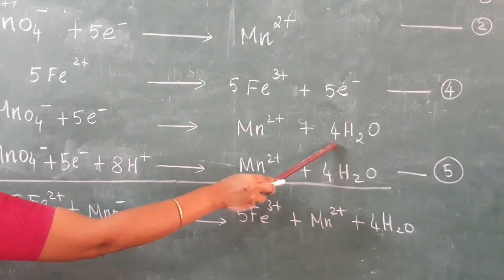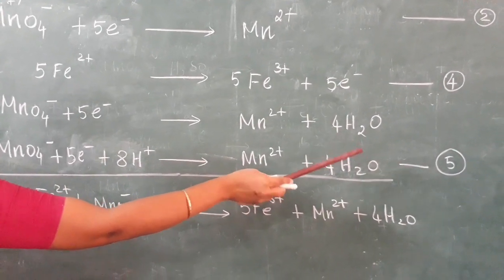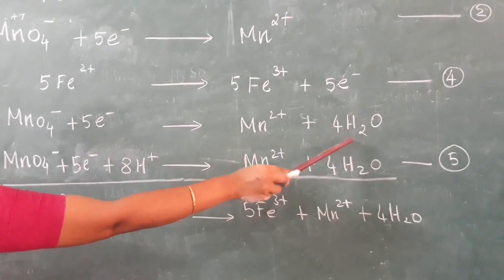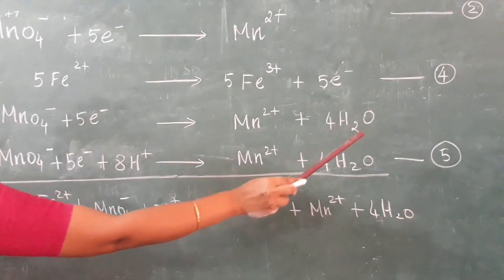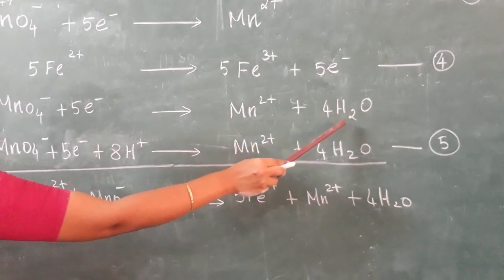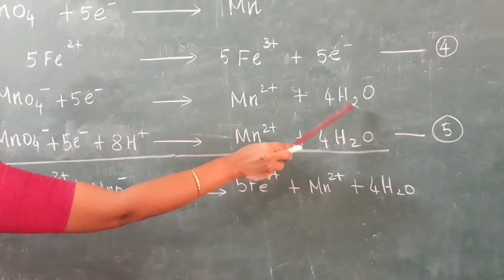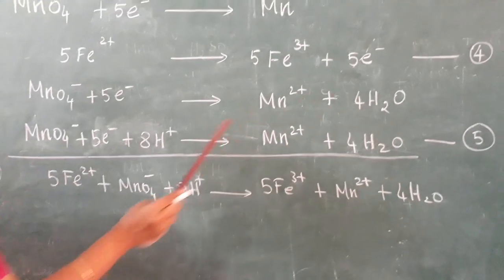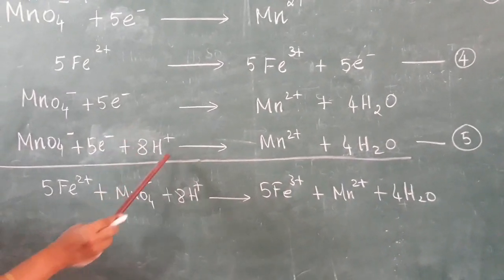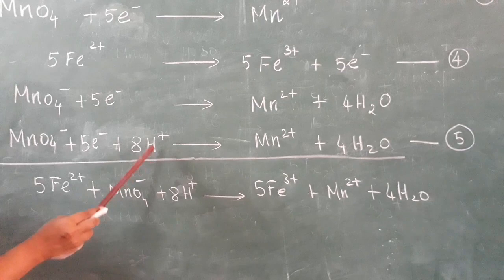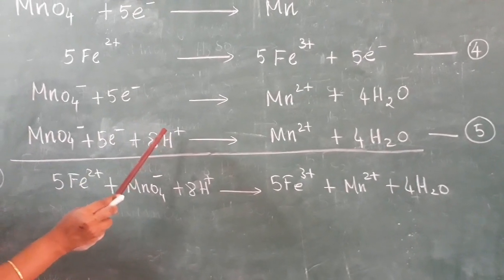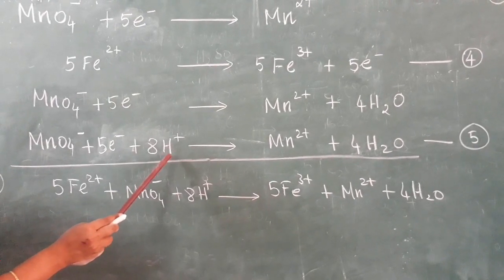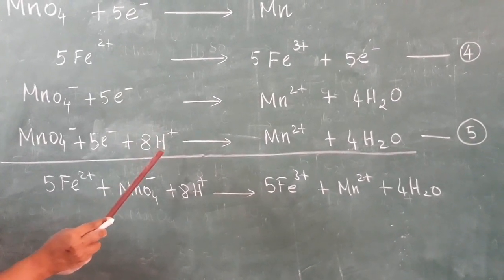That 4 moles of water, water is a neutral molecule, so it does not matter how many we put here. So 4 moles of water here, and how many hydrogens are present here? 4 into 2, 8 hydrogen. To balance this hydrogen, I put 8 H+ on the reactant side. That hydrogen we have to write as an ion. Hydrogen should not be written in atomic form; it should be written in ionic form only.